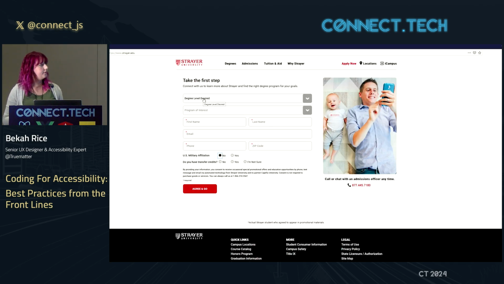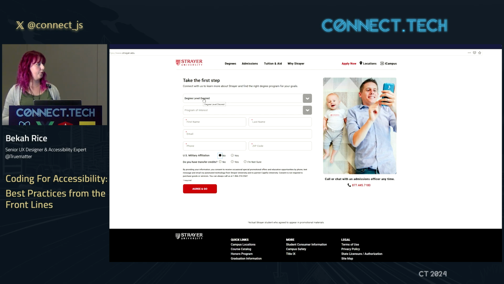Invalid entry has U.S military affiliation grouping. No radio button check 1 of 2. No radio button not check 1 of 3. U.S military affiliation grouping. Yes radio button check 2 of 2. No radio button check 1 of 2.